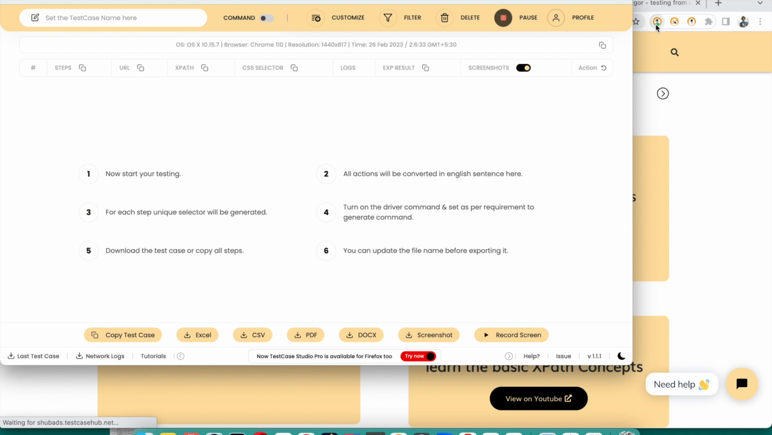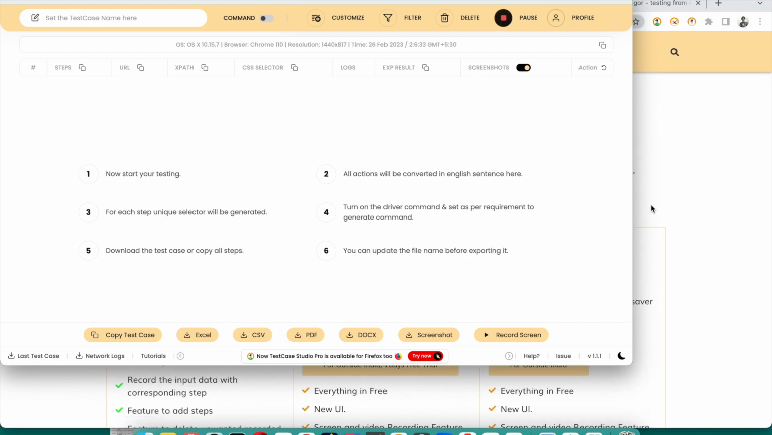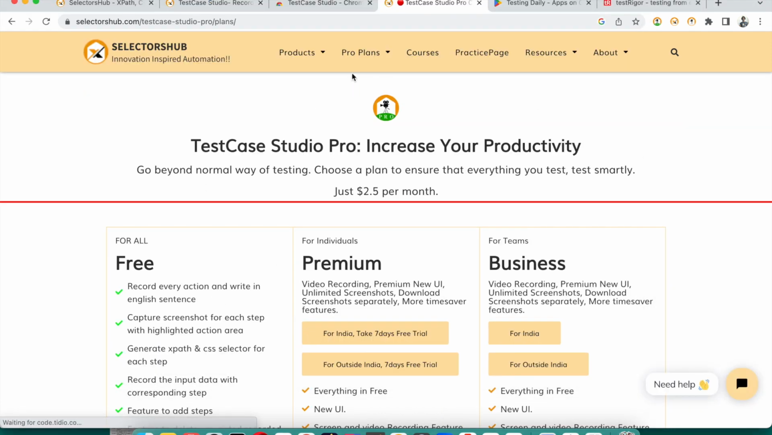So let me quickly show you what extra is there in the TestCase Studio Pro, and it is almost free. We highly recommend that you please upgrade to the pro version and try it at least once. So you see here, if any actions, anything you perform